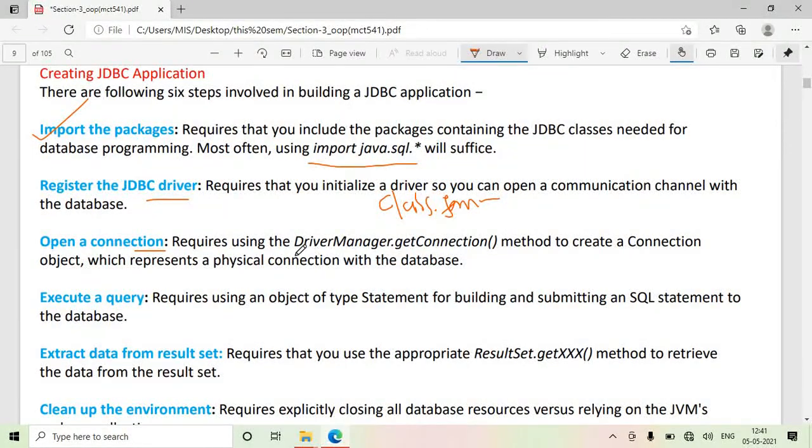Open a connection. Using the DriverManager.getConnection method, you provide the path of your database, the user ID and password to connect. Accordingly, the connection gets opened for your database. Then you create a statement object, and using that statement object, you execute a query. After executing a query,